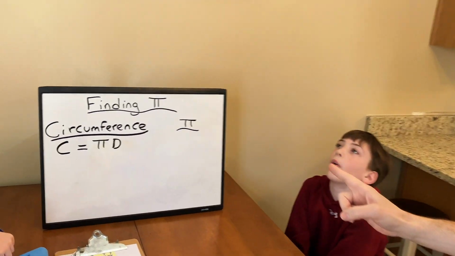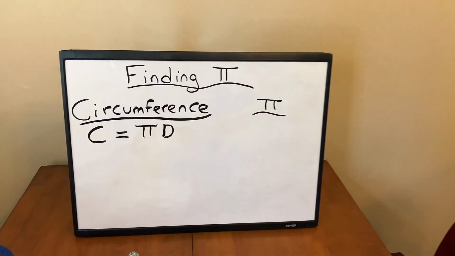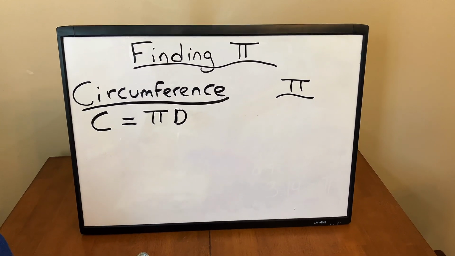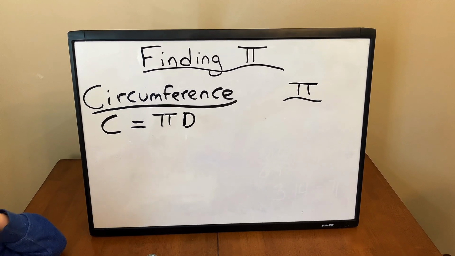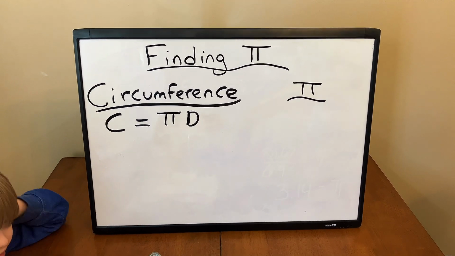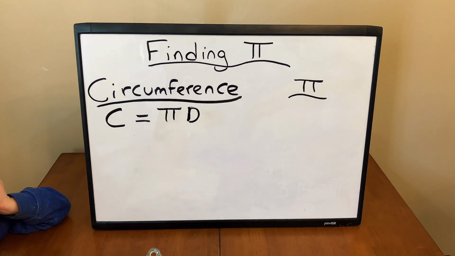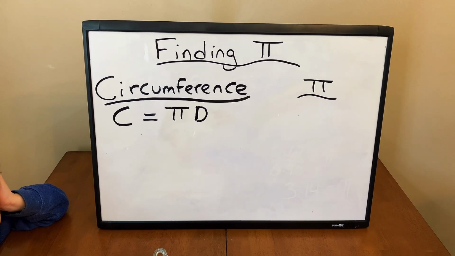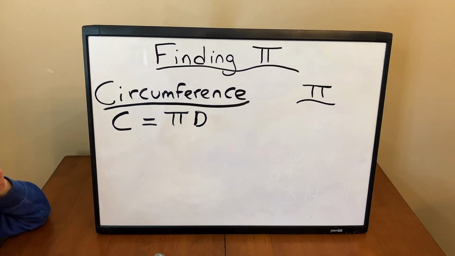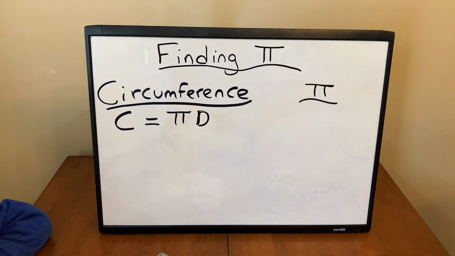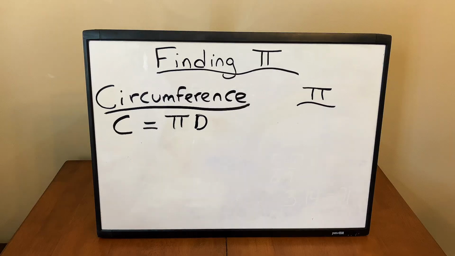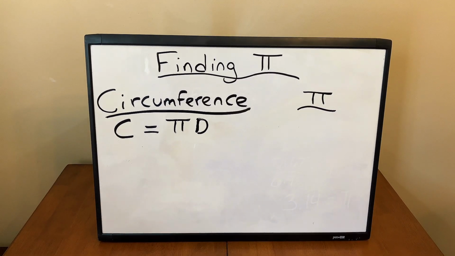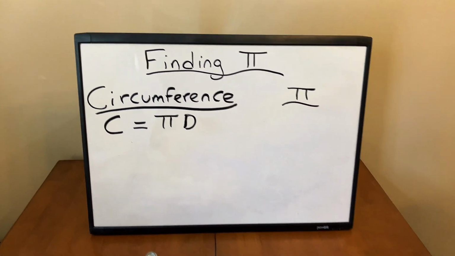Now, pi, our main challenge today is we need to understand the mystery, the legend, and should we say, the irrationalness behind this one and only pi. Now, if you look at this formula, we have the circumference formula. Now, you may be wondering, Pi Guy, what is that C stand for? What does that D stand for? Well, C is circumference. Circumference is more like a perimeter around a circle right here.